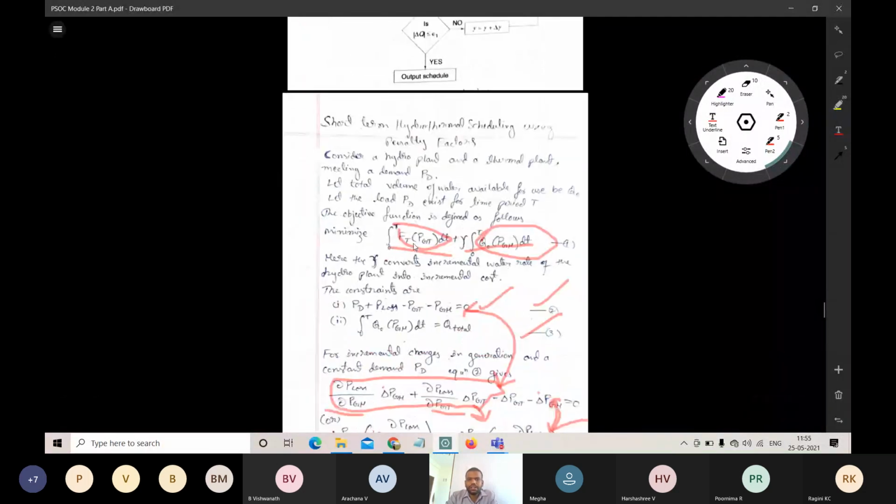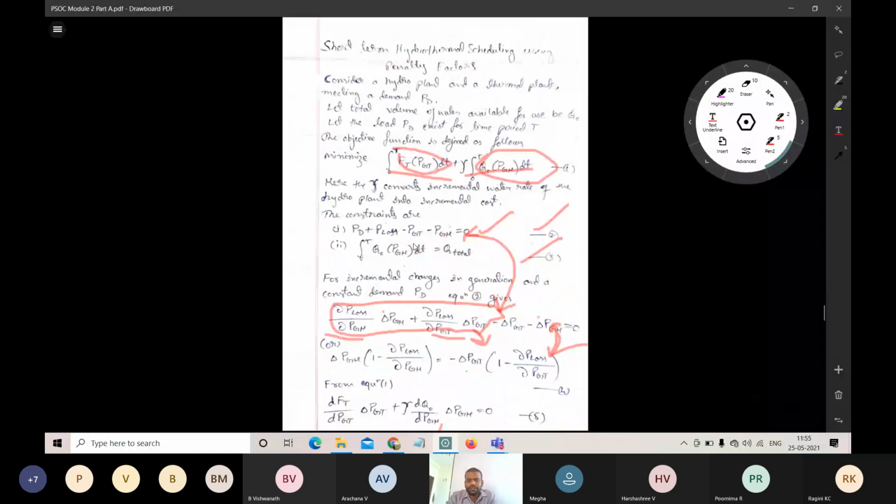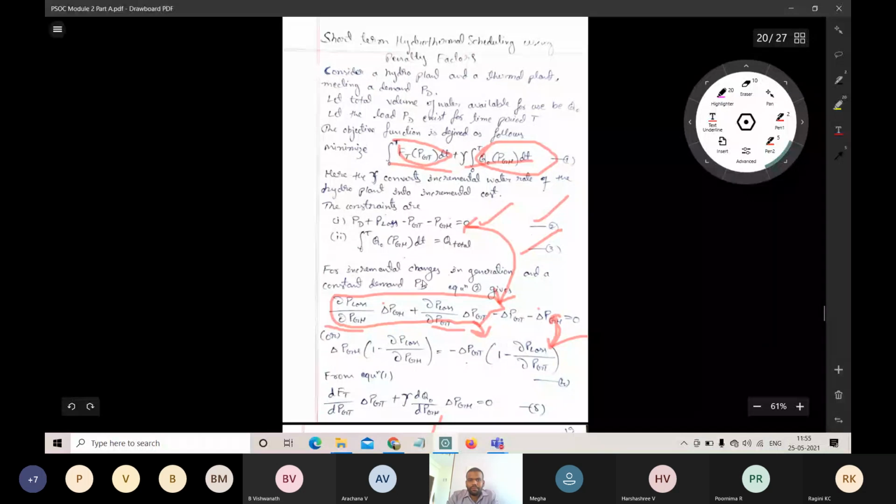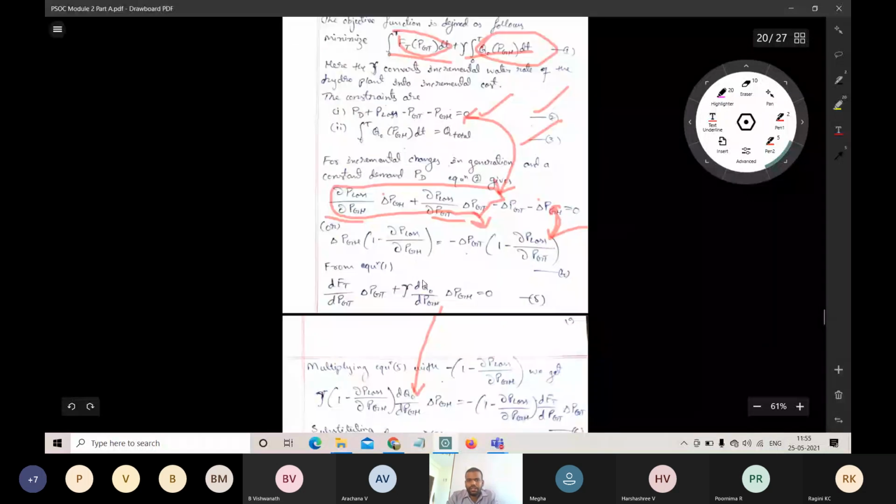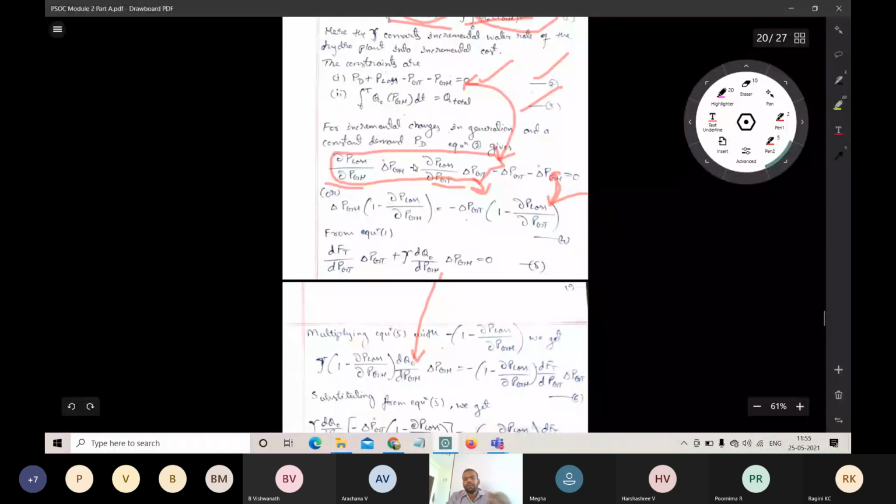The last thing is hydrothermal scheduling using penalty factors. The different penalty factors are LH and LT. Similarly here also we are using fuel cost for thermal generation and water availability for hydel generation. I am just using the power balance equation, considering the loss terms: how much power is lost at the time of generation of power using hydro, and the power lost at the time of generation of power using thermal.